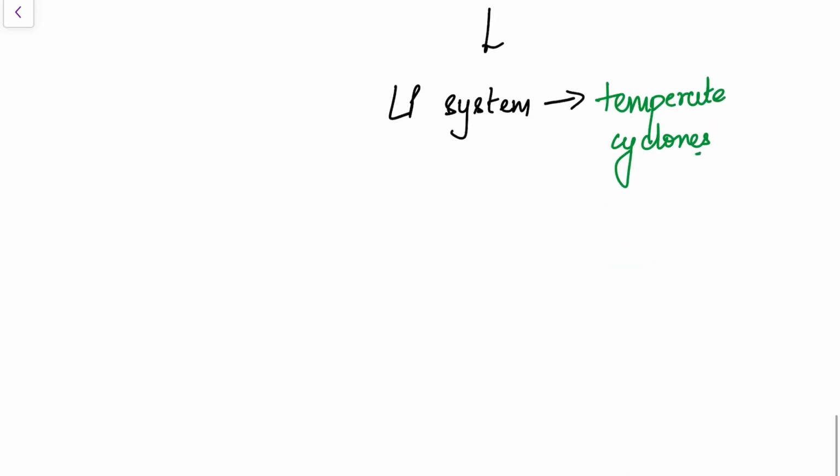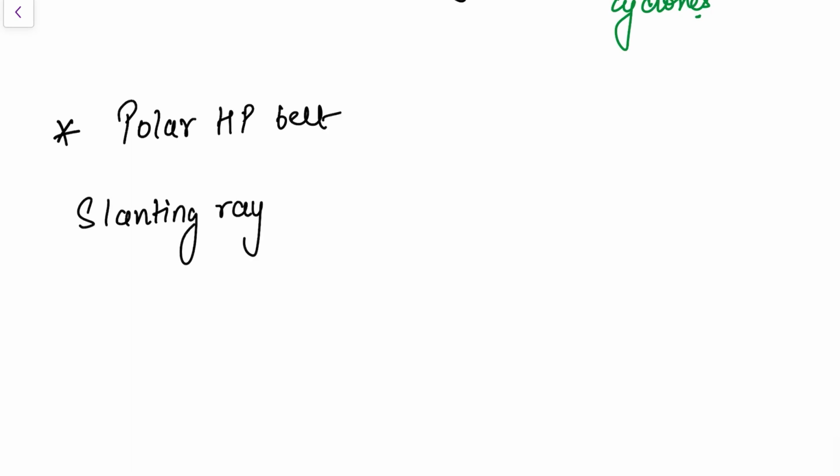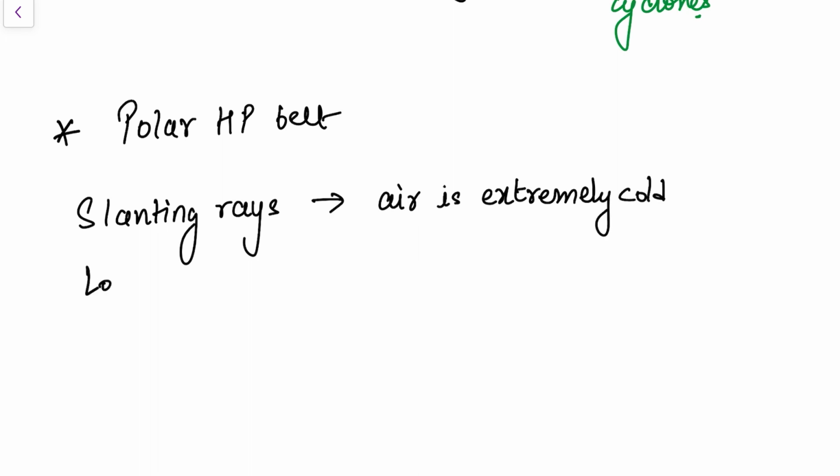So I'll just write it. Polar high pressure belt. You can see the slanting rays near the pole. Air is extremely cold, right? And due to low insolation